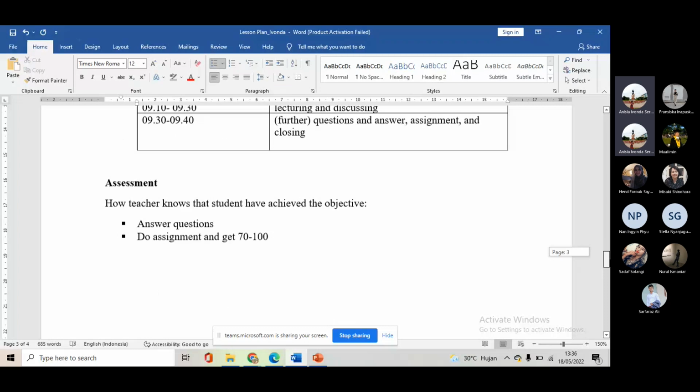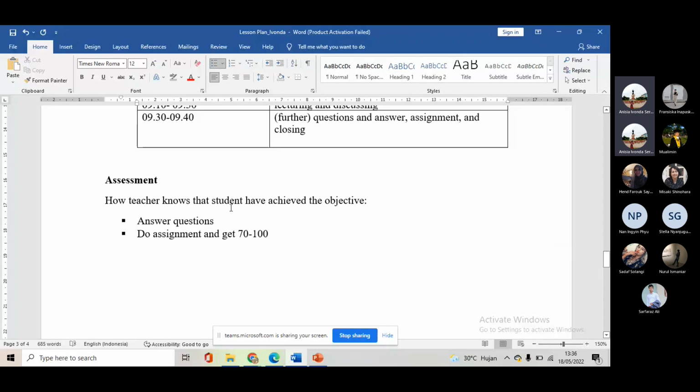And the last, about the assessment, I'm still confused about this, sir, but this is the general picture I have. So about the assessment, how teachers know that the students have achieved the objective. So how do I know that the learners already achieved the objective of the first meeting? So I will know that from answering questions or from the exercise in the PPT, that in each section,